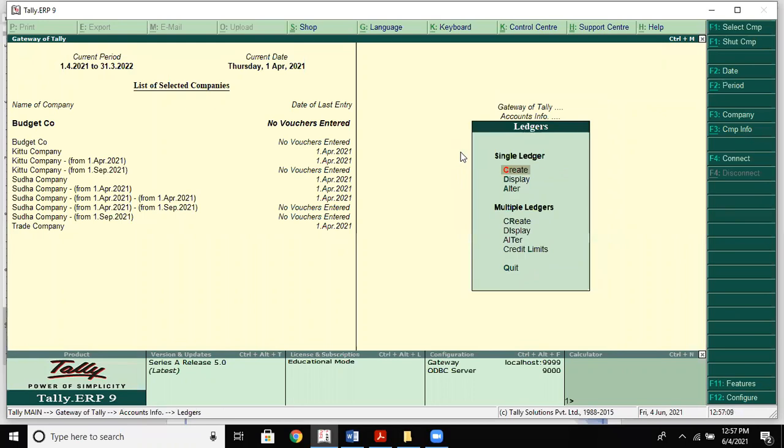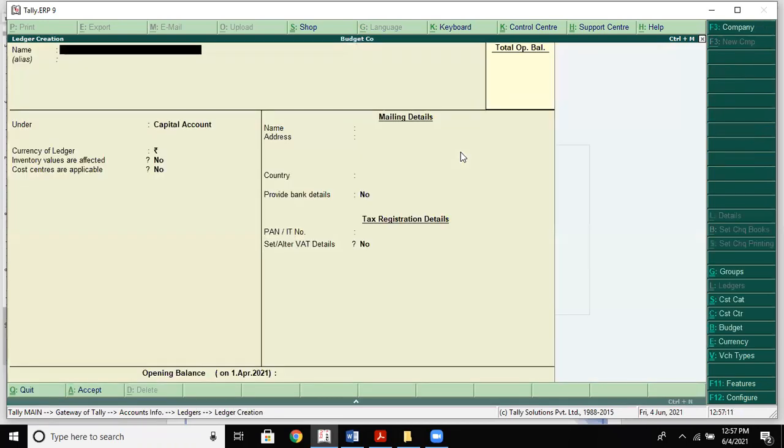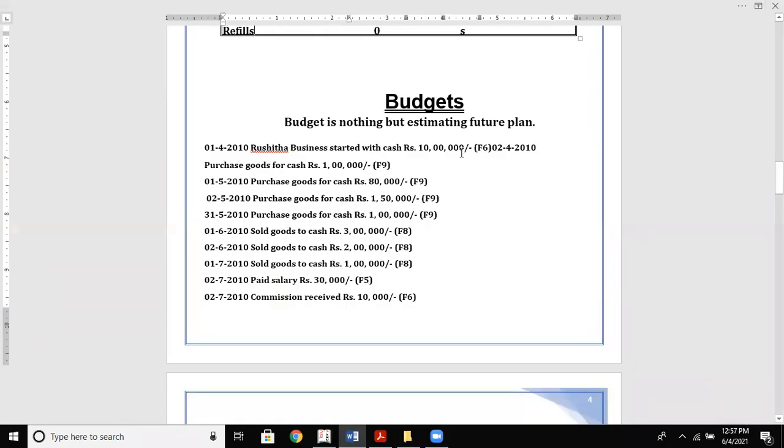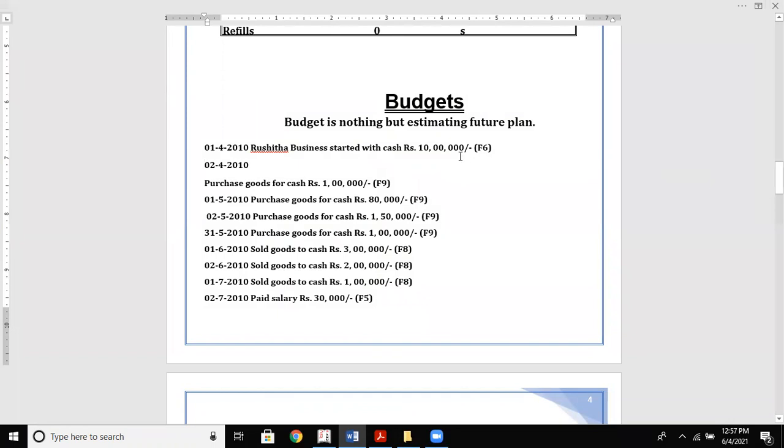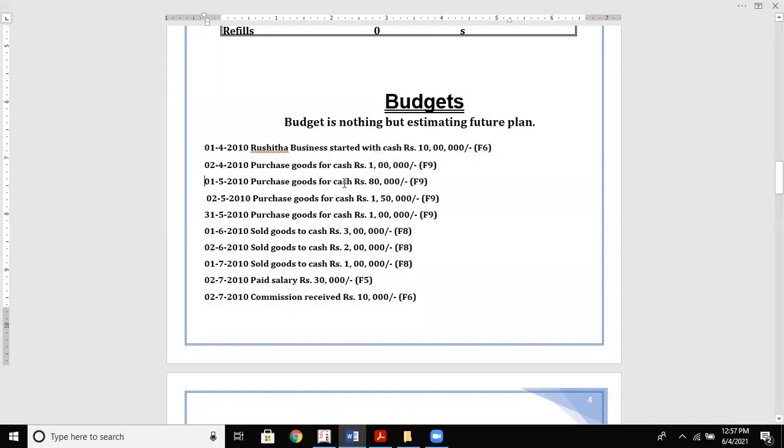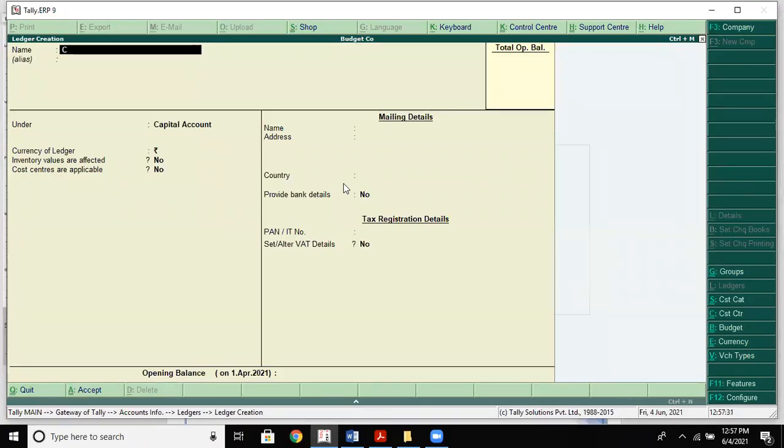Accounts info, ledgers, create. So here we can see Ruchita started a business with 10 lakhs, right? So she started a business. So Ruchita is a capital.